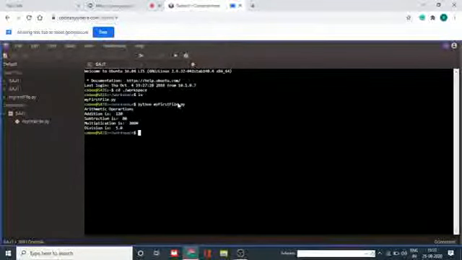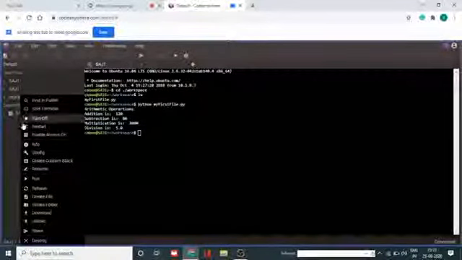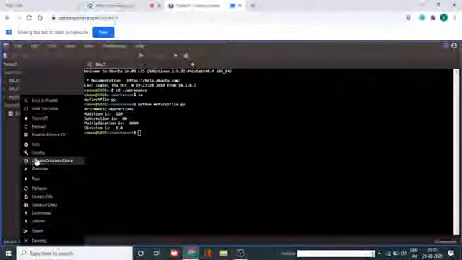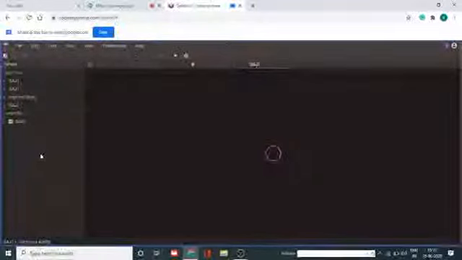Suppose you want to execute the whole project. How to execute it? For that we have to right click over here and configure it. Okay, click on configuration.